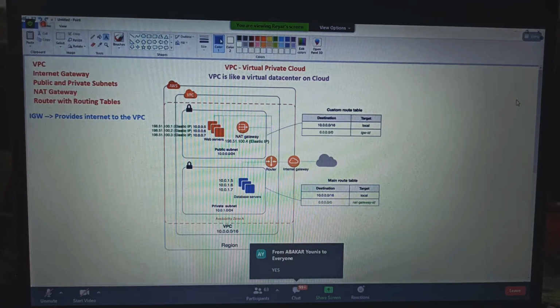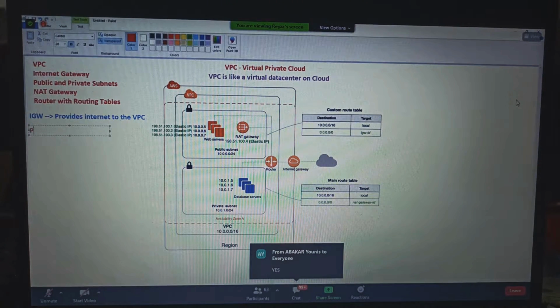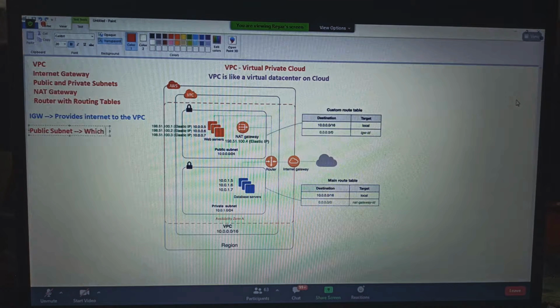Let me write that first. Public subnet is the one which is exposed to the internet.